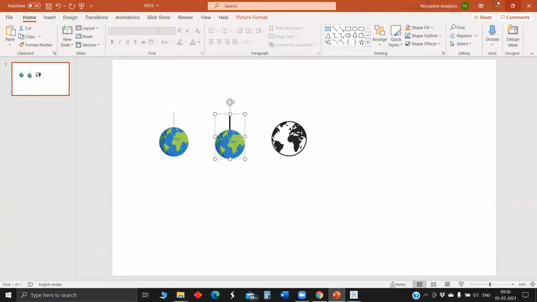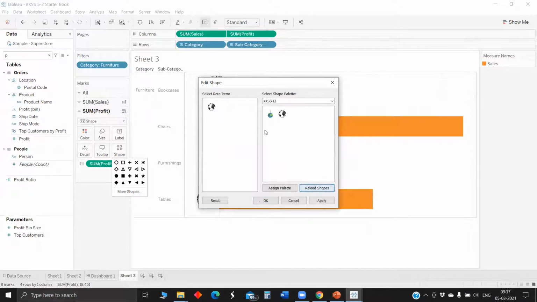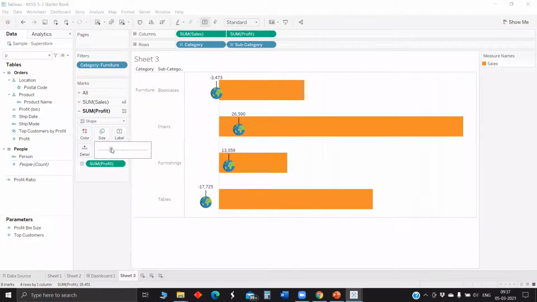So I saved this icon over there. Now we will see how to input that, and we have to do some slight modification in the size and font, all this. So let me input it. So now the user will be able to see exactly where the values lie. Here in this case it doesn't matter, but when it comes to reviews and ratings, users are even so much concerned about the decimal values. So in that case, this kind of pointing helps a lot. The user will be able to see exactly where my value lies or where my benchmark of a company lies.